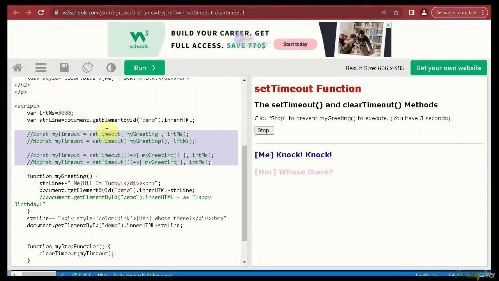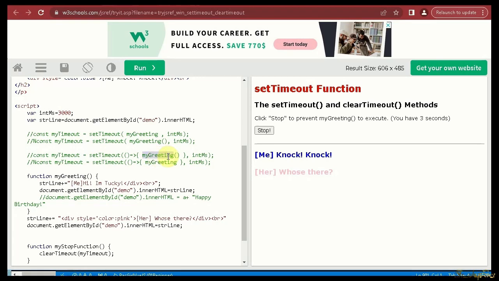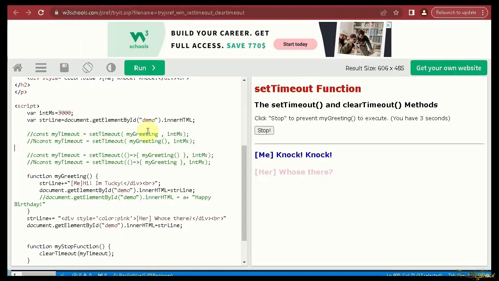We have just tested these 4 possibilities, how SetTimeout can call a function inside the SetTimeout. When you put a bracket, it doesn't work. And when you do it this way, myGreeting with a bracket, it works. But without a bracket, it doesn't work. So it's the opposite. No matter what you do here, it works. The SetTimeout for these 2 works. Since these 2 work, if I put this over here, the same concept, SetTimeout calling a function without the brackets,